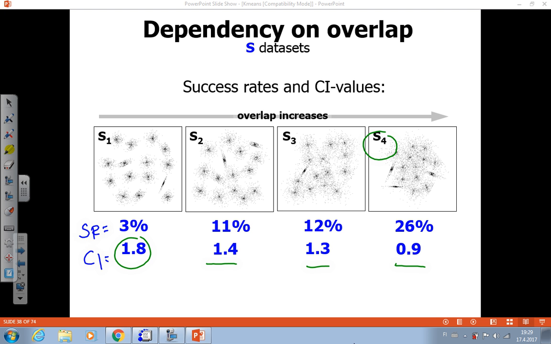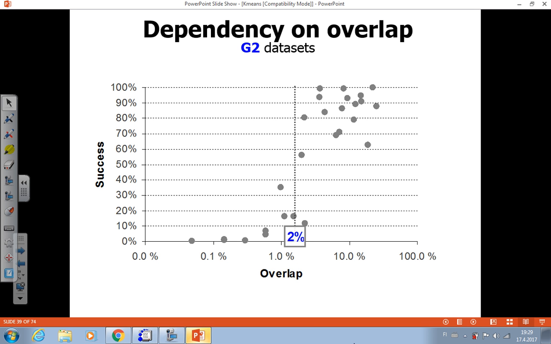The reason is just that k-means has to make local fine-tuning, and if the clusters are very far from each other, there is no freedom of movement: no changing points from clusters to each other, and no movement of the centers. Whereas when the data is well mixed, there is more that can happen. Also, the success probability with the S1 dataset is only 3%, whereas for S4 it's already 26%. So there's a remarkable difference in how much more difficult S1 is for k-means.